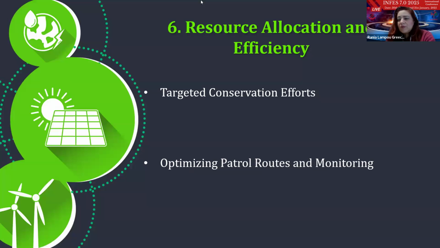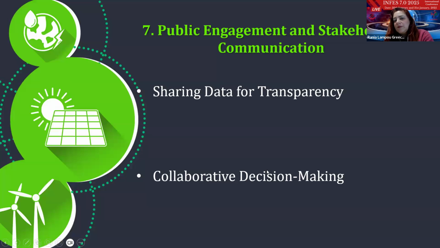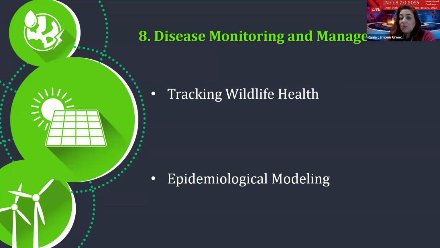So more targeted conservation efforts, optimizing patrol routes and monitoring, and public engagement, stakeholder community, because we share data for transparency. And of course, it's about collaborative decision-making, and disease monitoring and management also. Epidemiological modeling: big data can support the development of epidemiological models that predict how diseases might spread within